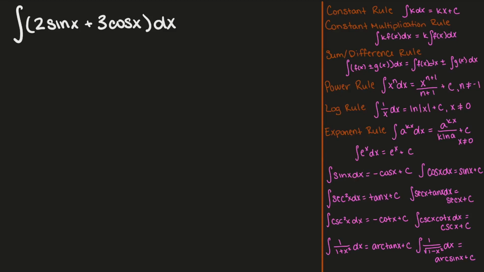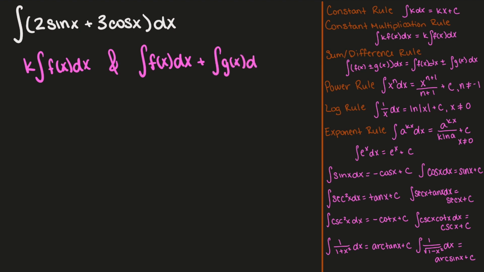Next we have the integral of 2 sine x plus 3 cos x dx. So again, we're going to use a combination of rules. We'll use our sum and difference rule, our constant multiplication rule, and our sine and cosine derivatives. So let's start to break this apart. We'll use our constant multiplication rule by bringing that k to the outside, and our sum and difference rule to write this as the integral of f of x dx plus the integral of g of x dx. So this will become 2 times the integral of sine x dx plus 3 times the integral of